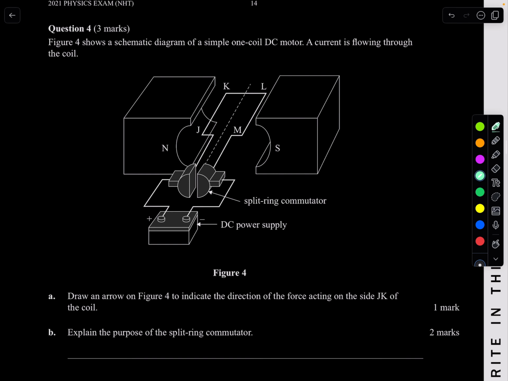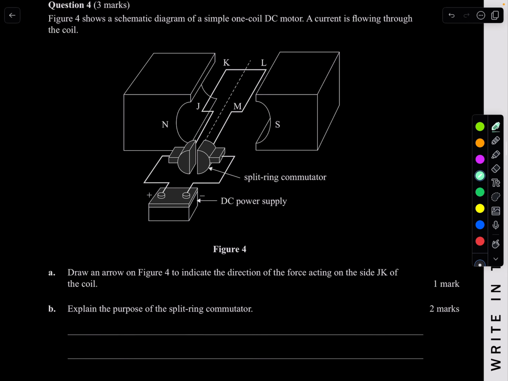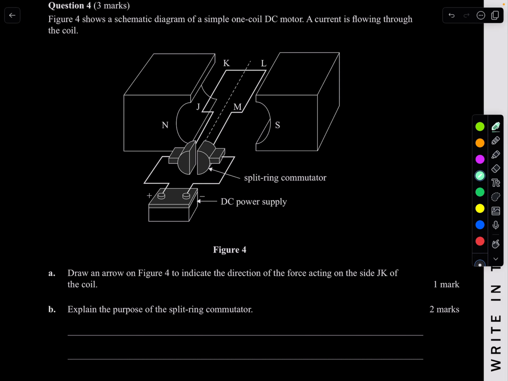Let's have a look at this question. Just use a different color. Figure 4 shows a schematic diagram of a simple one-coil DC motor. A current is flowing through this coil. Draw an arrow on figure 4 to indicate the direction of the force acting on the side JK of the coil. Okay, let's find out the direction of the current. So we can see this is your positive terminal. So the current's going to go this way, that way. In terms of JK, the current's going pretty much this way, and so of course